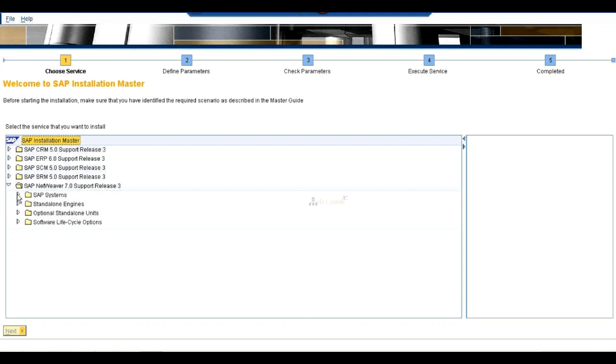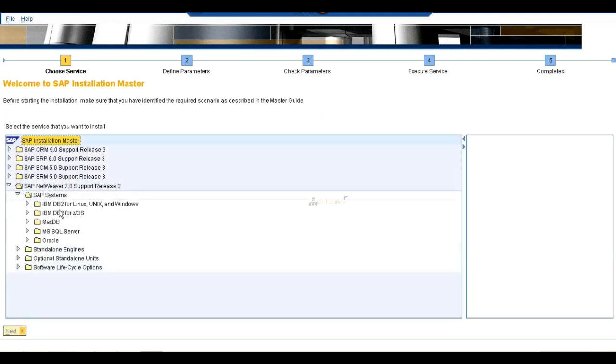Go to SAP systems. In that SAP systems, what we have? We have different databases: IBM DB2 for Linux, Unix, and Windows, IBM DB2 for z/OS, MaxDB, MS SQL Server, Oracle.